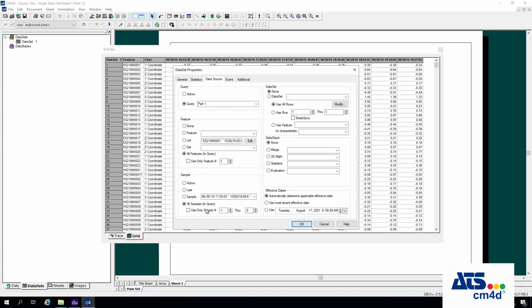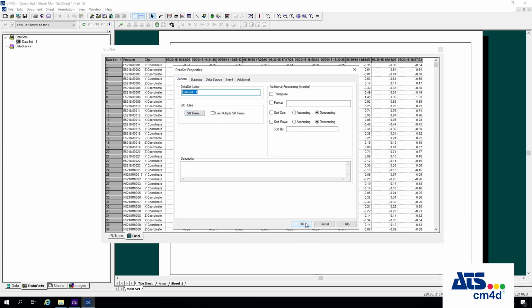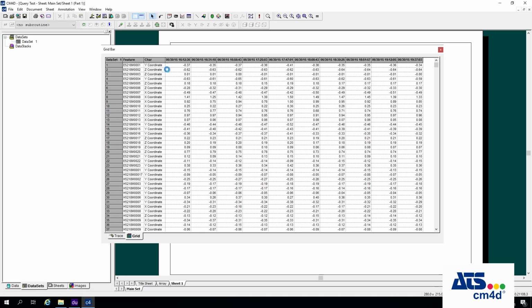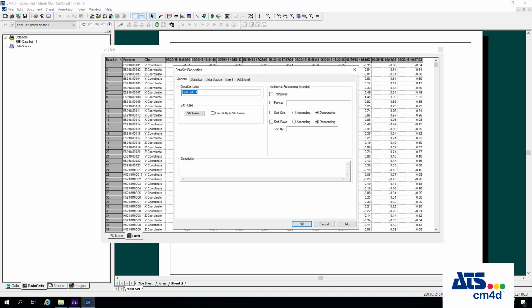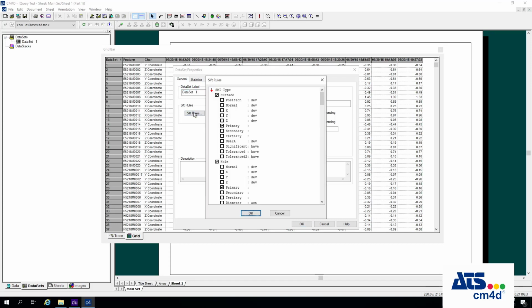We can choose our points, choose the samples, choose the type of data, and then when we view the data in grid, you'll see the list of points in the order that they were chosen and the list of samples in the order coming from the query at the query level here. Now there are some other options that exist for further sorting in the sift rules. If I click back on the sift rules,